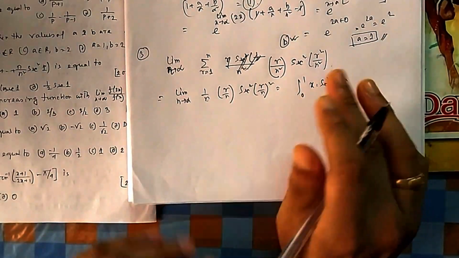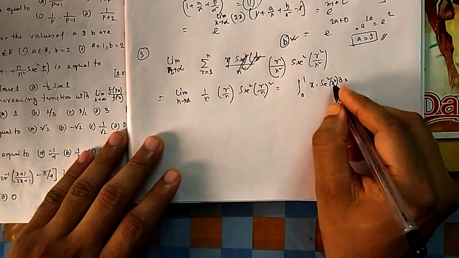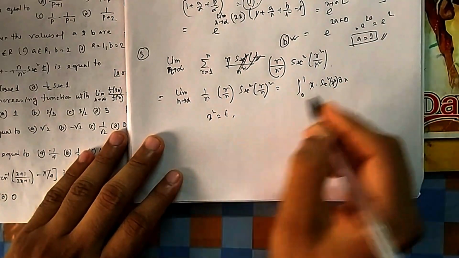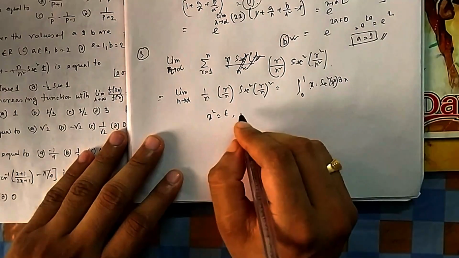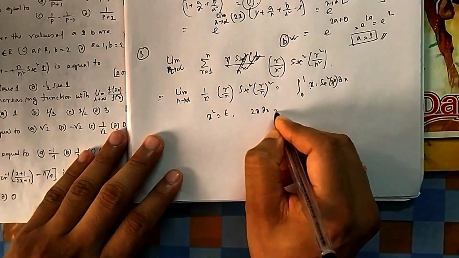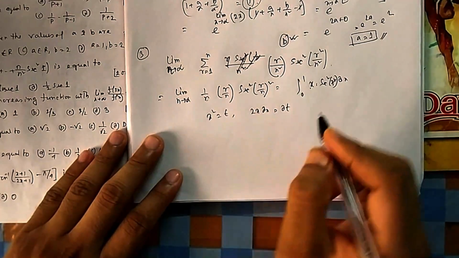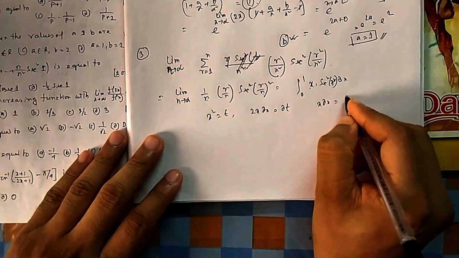After this one, we will go to differentiation, then integration will come. So for x sec square x square, you can take x square as common and use the method of substitution. So it is 2x dx, in differentiation of x square, 2x dx is equal to dt. Or you can write this as x dx is equal to dt by 2.